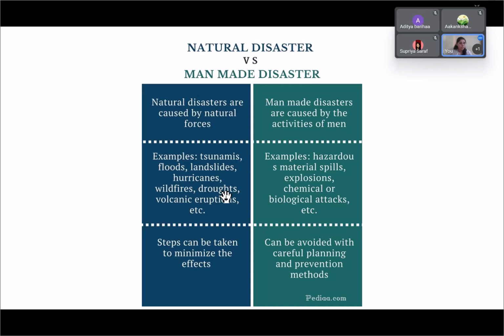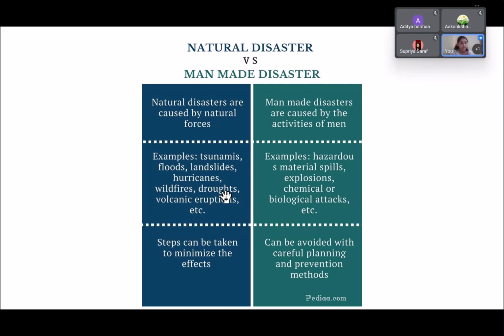And then droughts. Droughts are basically when you don't have water at all. These are not under control, and you can take steps to minimize the effect, but not to avoid it. Floods will come if there is a region which is prone to flood. Maybe this year it is not raining, but sometimes in the next year or the year after, you will have that rain again, and that's not under your control. But you can take steps to control the effect of it,